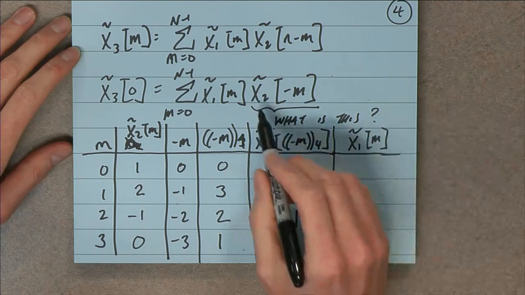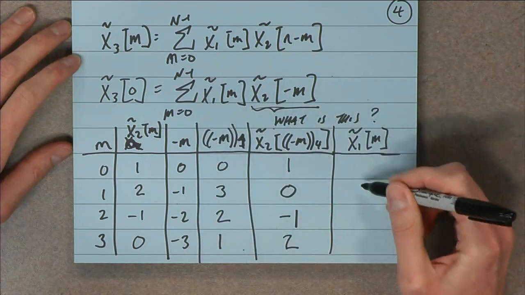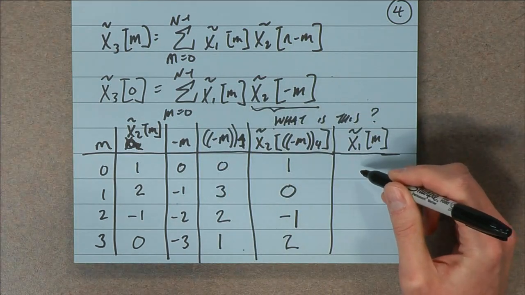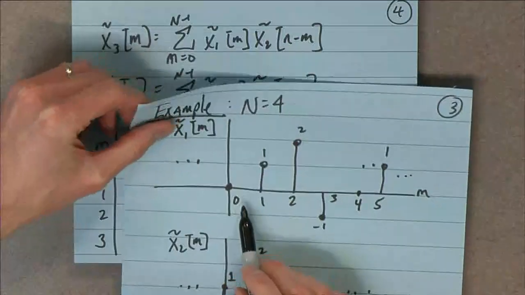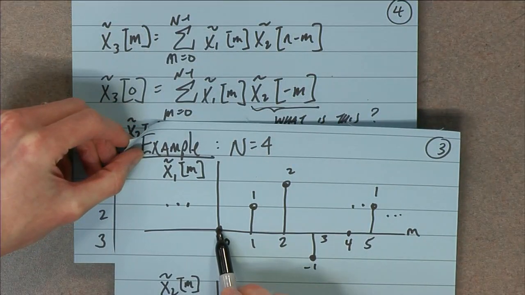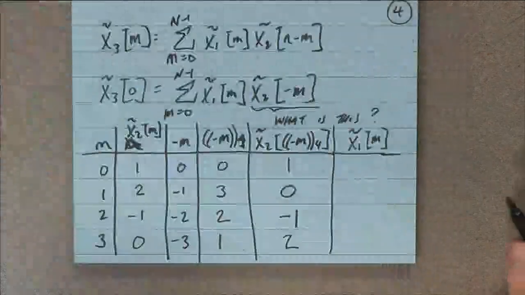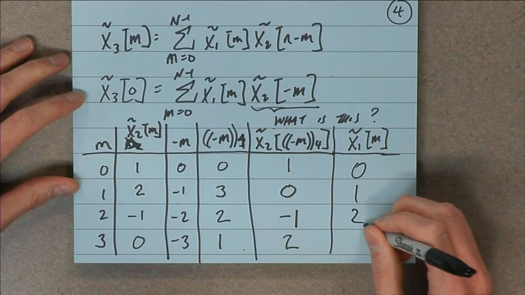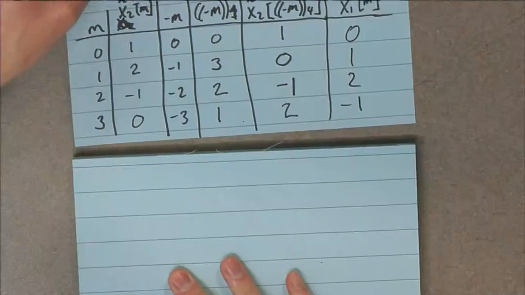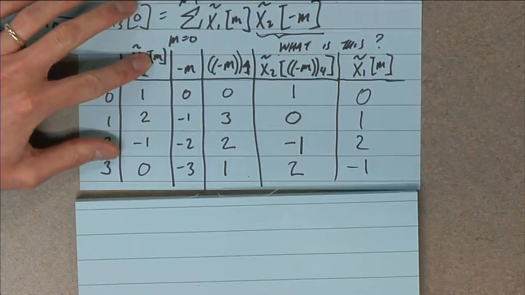Since we're going to multiply x2 times x1, I'm going to write down the values of x1 here in this other column. I know I have those from our original problem statement: 0, 1, 2, minus 1. So now with this little table to help keep me organized,